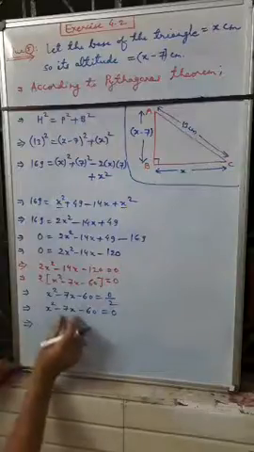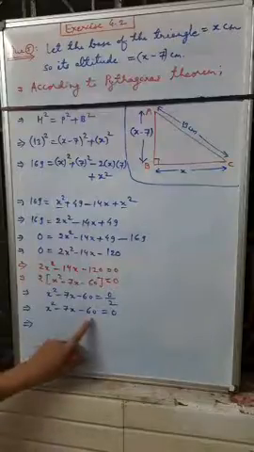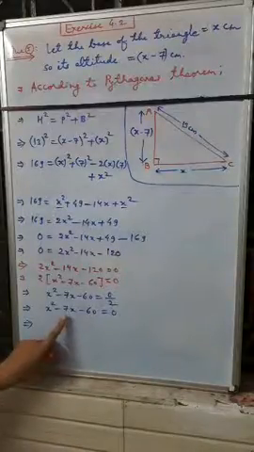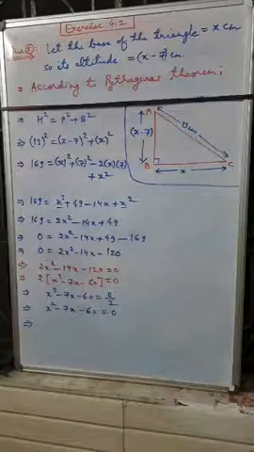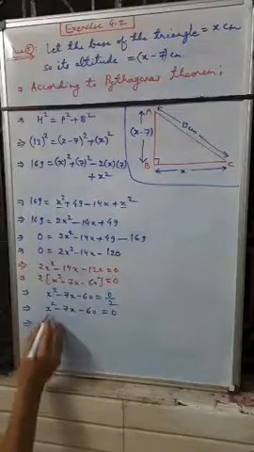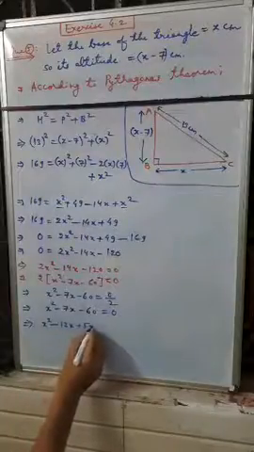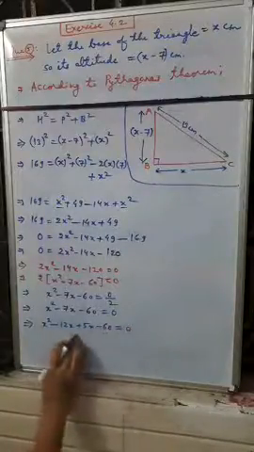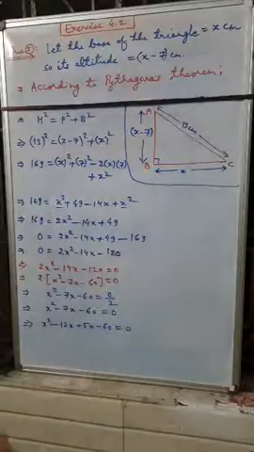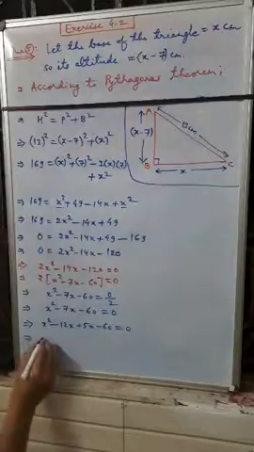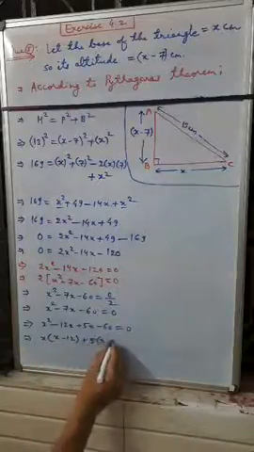Now we have to use split the middle term. So we know that 12 fives are 60, and minus 12 plus 5 will become minus 7. You can also factorize 60 if you are having any problem, but easily you can solve by splitting the middle term. x square minus 12x plus 5x minus 60 is equal to 0. Now 12 fives are 60, so we get minus 60. Now you can take x common, so x into x minus 12 plus 5 common, so x minus 12 is